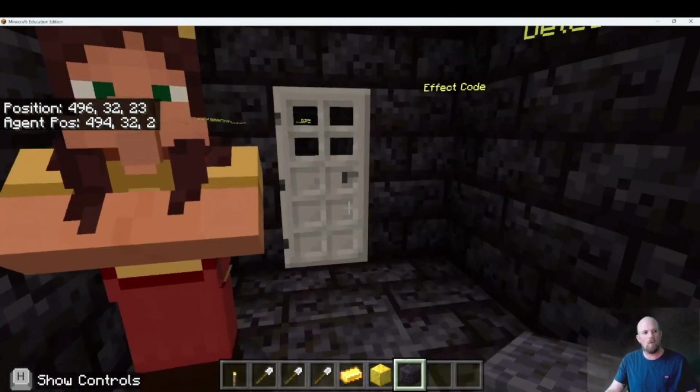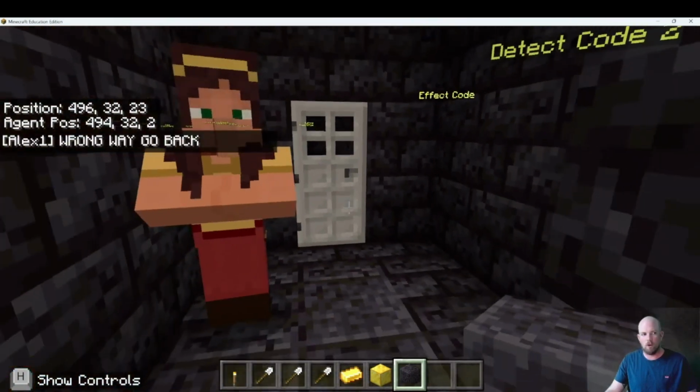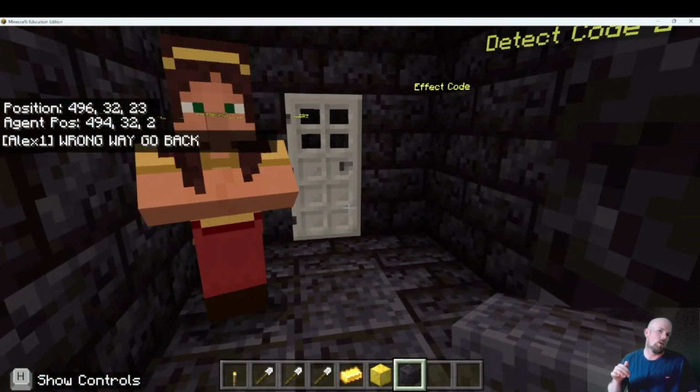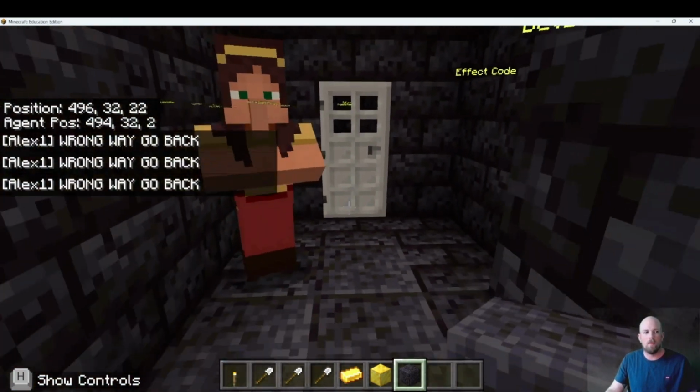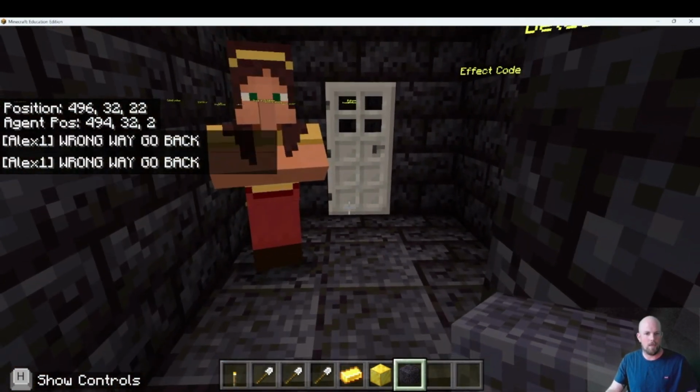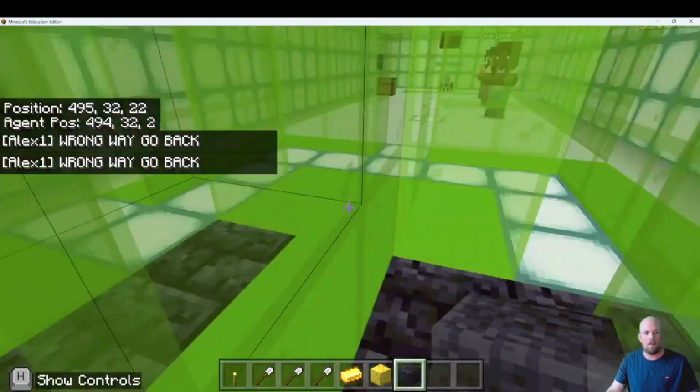And essentially what we do is we want to walk over the top. Now, because those gold blocks are 2 blocks below me, it's coming up saying wrong way, go back. Okay, so there's that little message for us. So I'm going to make my way back,